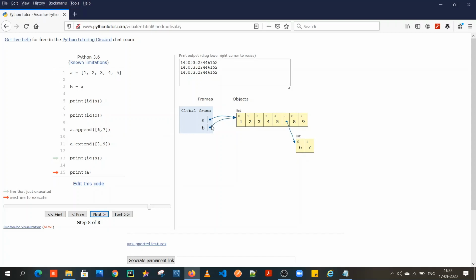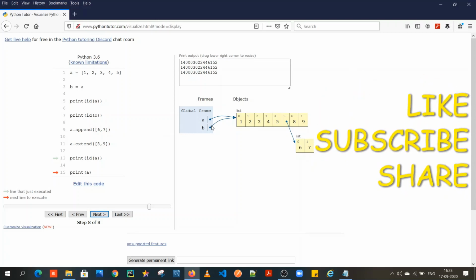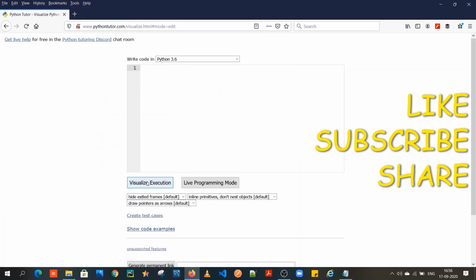So you understand how useful this utility is, especially if you are a newbie. And I hope you use this as often as you can. Wherever you fail to understand what the code does, or what a particular concept is, I strongly suggest you copy paste this example, come here, and run the visual execution.